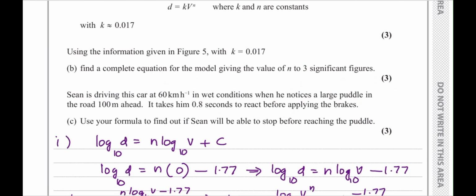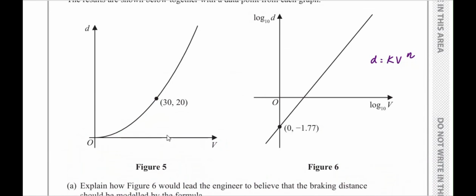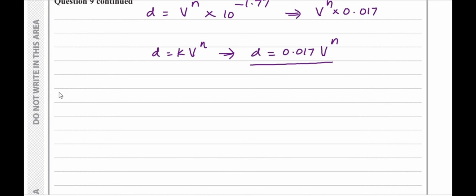Part B. Using the information given in figure 5 with k equals 0.017, find a complete equation for the model giving the value of n to 3 significant figures. So this was part A here. Now let's look at the first graph. Here there is a data point which shows when x is 30, y is 20. Therefore we write at 30, 20,